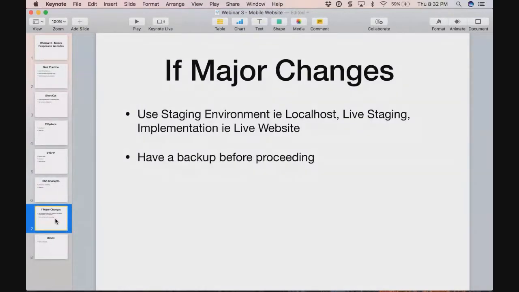The other thing that is very, very important at this stage is that if you are making major changes to a website, especially a live website, you should always use a staging environment. Meaning, if you have a localhost, you can start building on localhost first. After localhost, you should still go to live staging and check whether your website is working, because on rare occasions, it works perfectly on your localhost, but it does not work